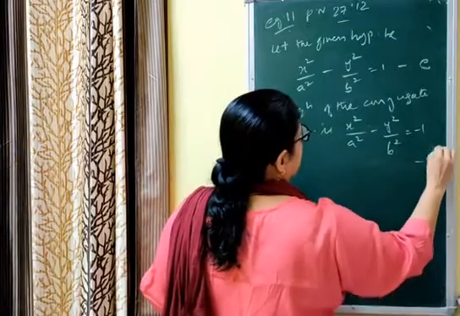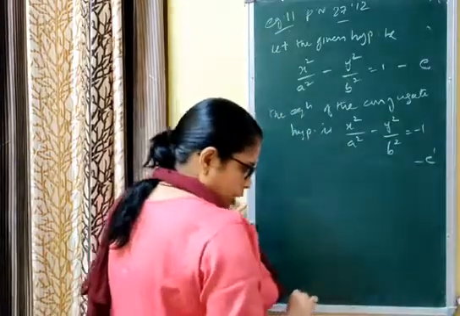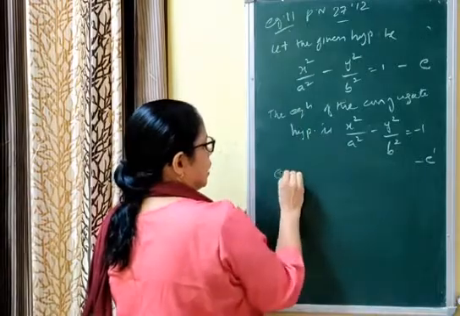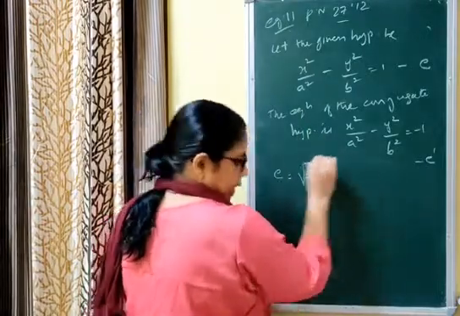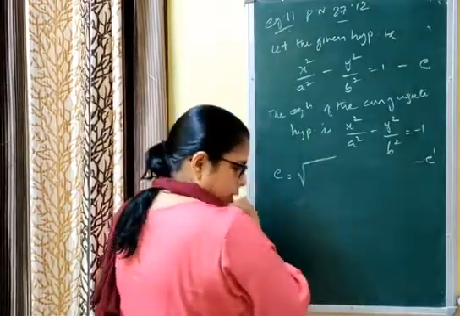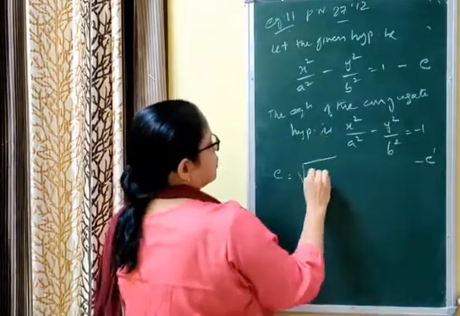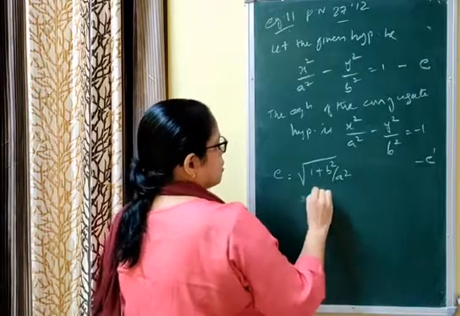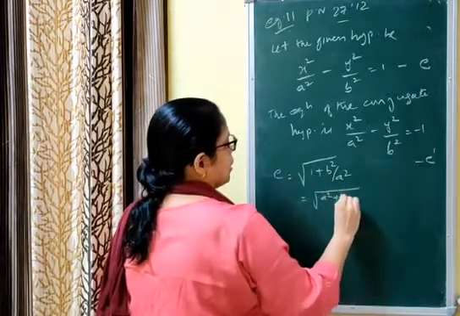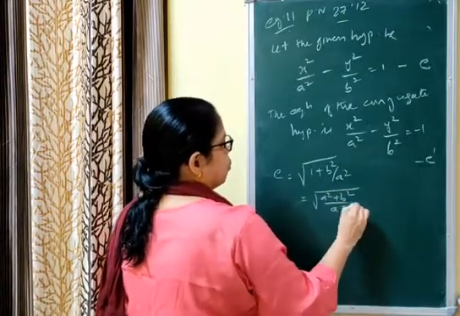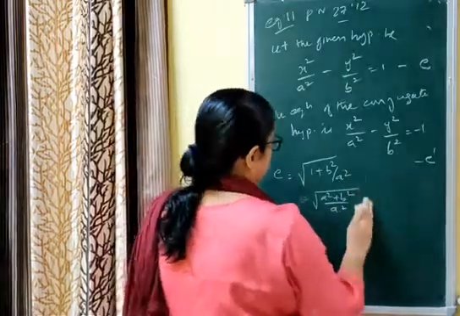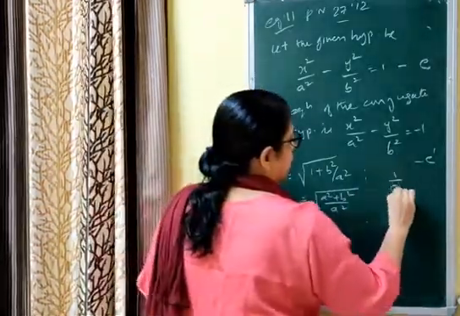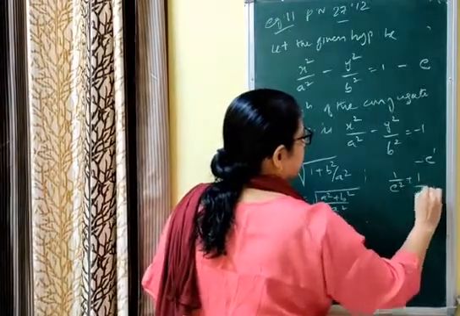Let it be given that the eccentricity is e dash. Now, what is the formula for finding the eccentricity of the first hyperbola? Since the transverse axis is the x-axis, you can find the eccentricity of the first hyperbola using the formula e = root of 1 plus b square by a square, that implies root of a square plus b square by a square. Now if you take the square, because you have to prove that 1 by e square plus 1 by e dash square equals 1.